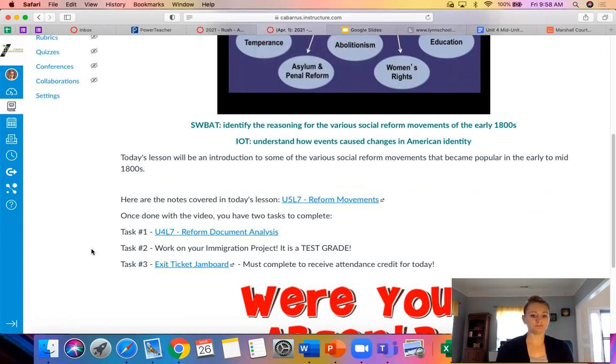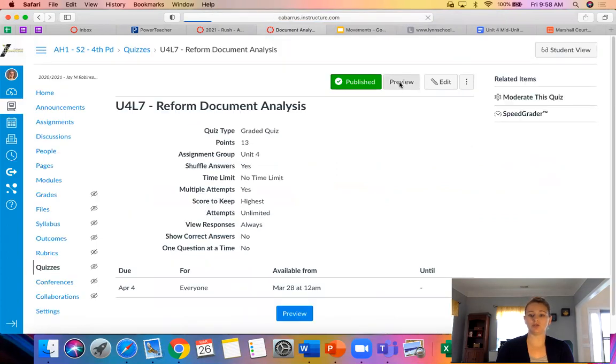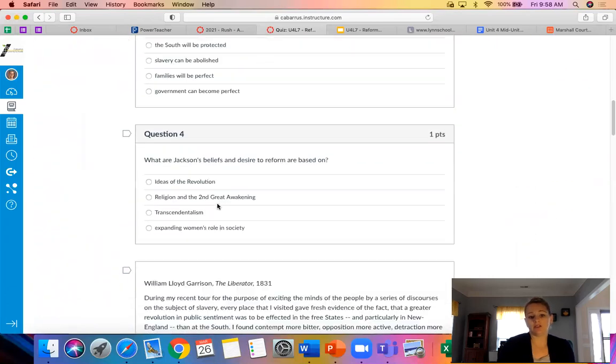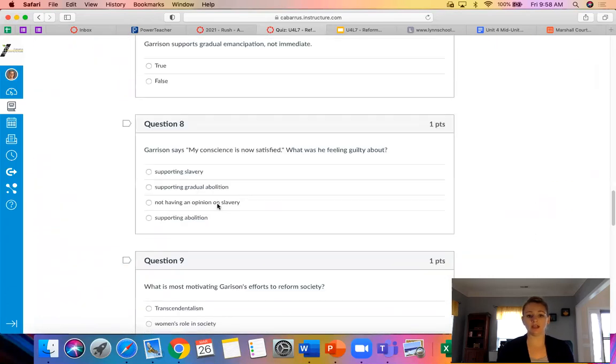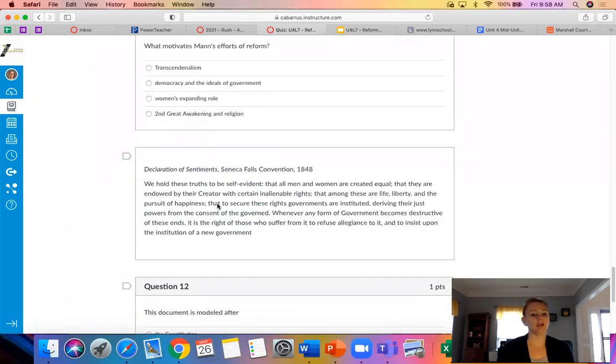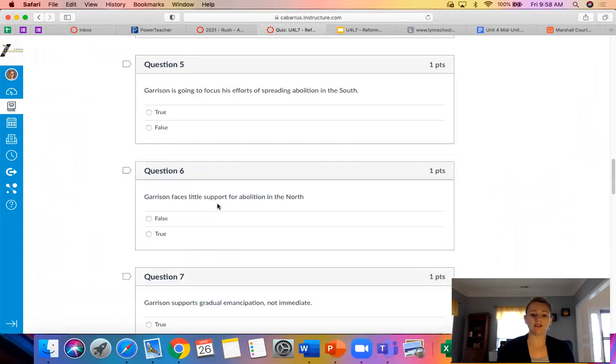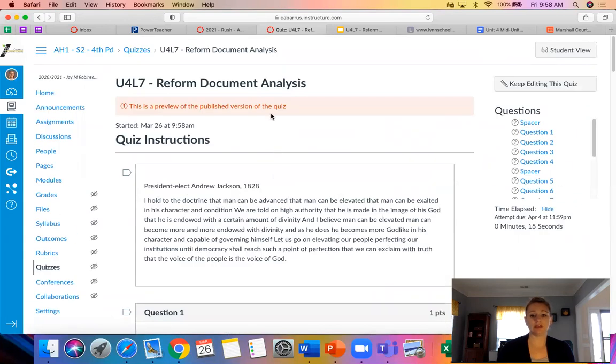So this reform document analysis is here. You're going to click on it. I'm going to show you the preview. It's very straightforward. You're going to have little readings, and then you're going to answer questions, and then a reading, and then questions, and then reading and questions, and so on and so on. So make sure that you get that done and you get it submitted. If you have any questions for me, let me know. After we are done with that, let me go back now